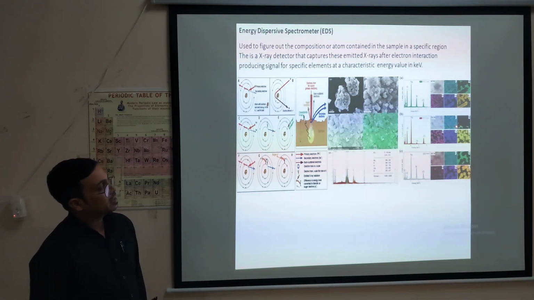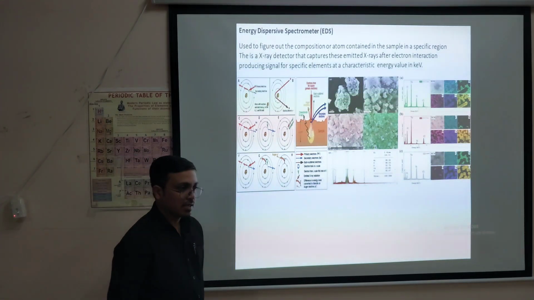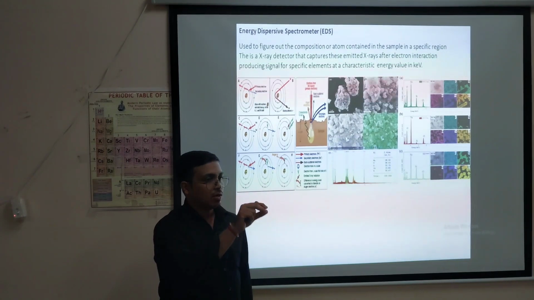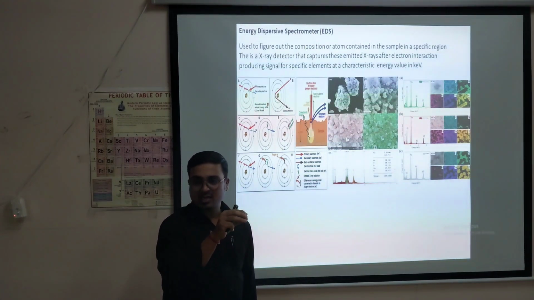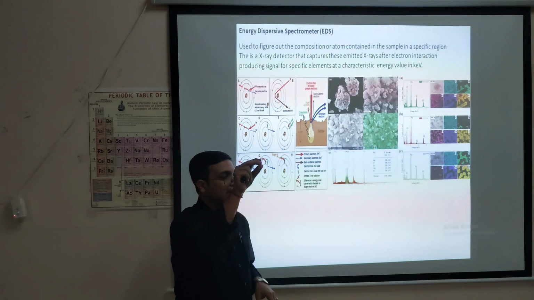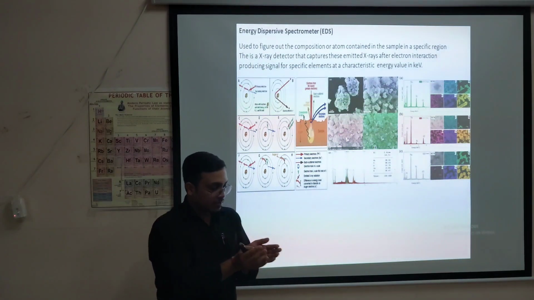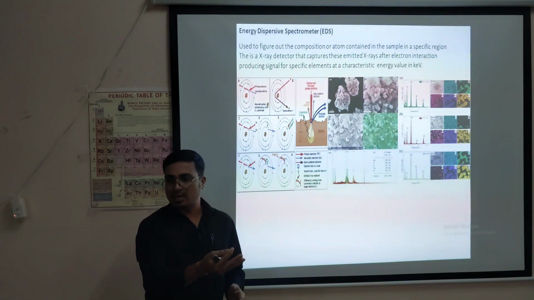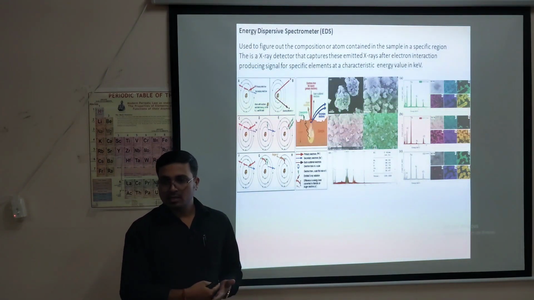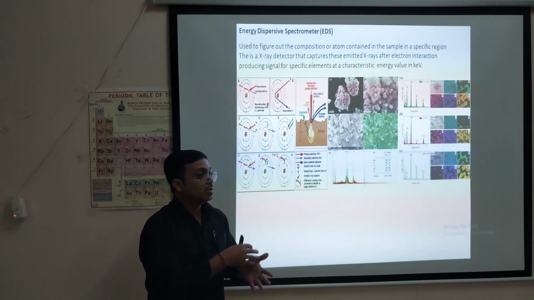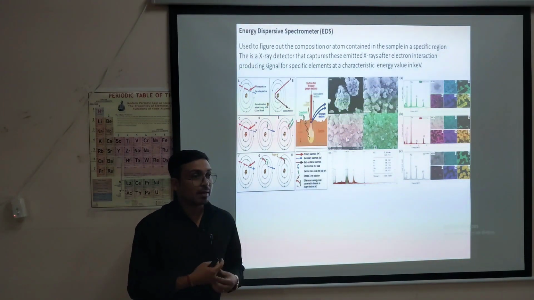So from that, this is the color mapping. Elemental color mapping is also there. For a particular atom, whether oxygen is there, or chromium is there, or cerium is there, you assign a particular color. So the region of the sample where cerium is present will be colored with that color, so that you can make a claim regarding the distribution of elements in your sample.